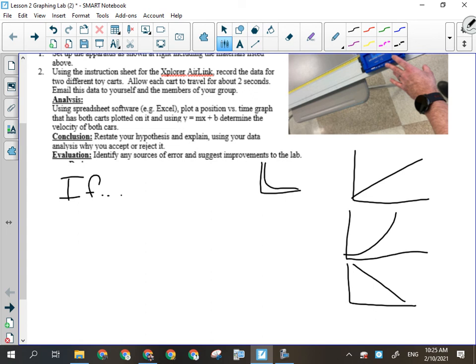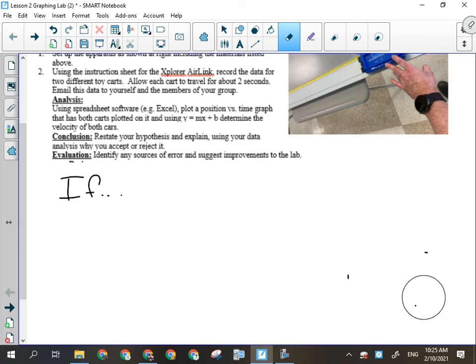So you would say, if there is a blank relationship between position and time for an object traveling at a constant velocity, and the "and" part just describes the experiment. A cart is allowed to travel at a constant velocity while its position and time are recorded. That's what we're doing. In the then part,